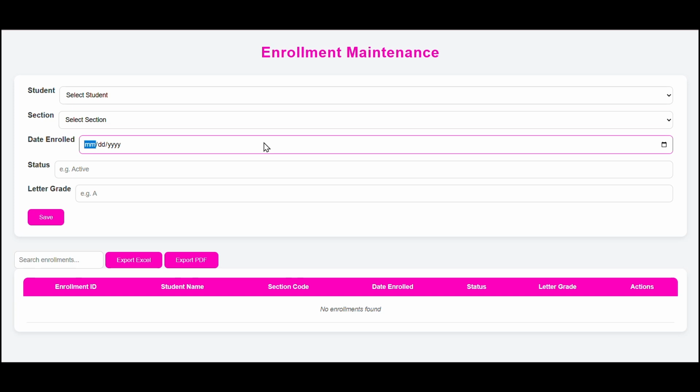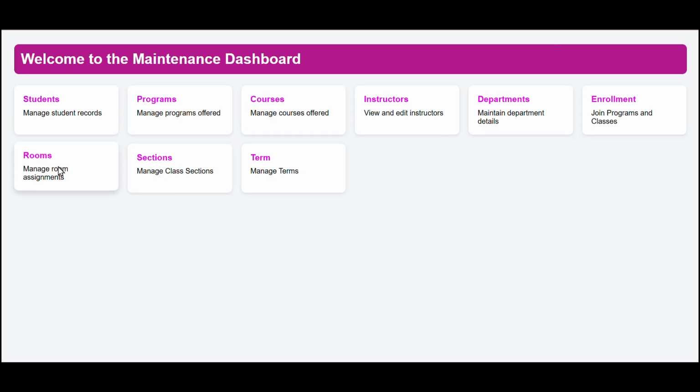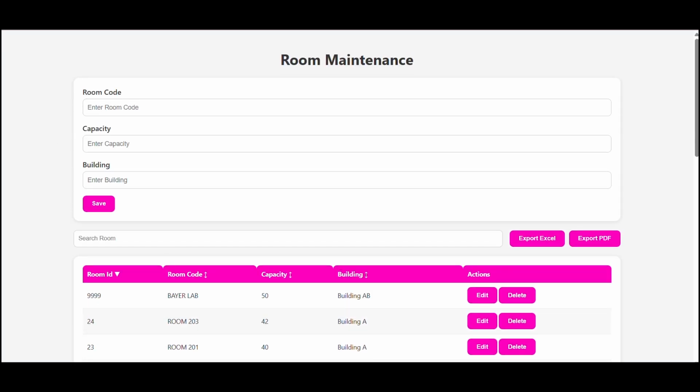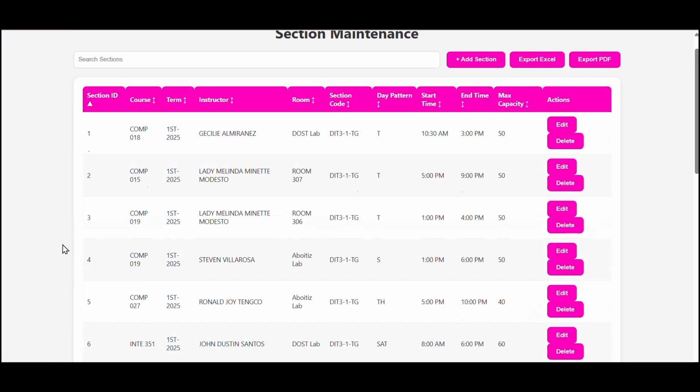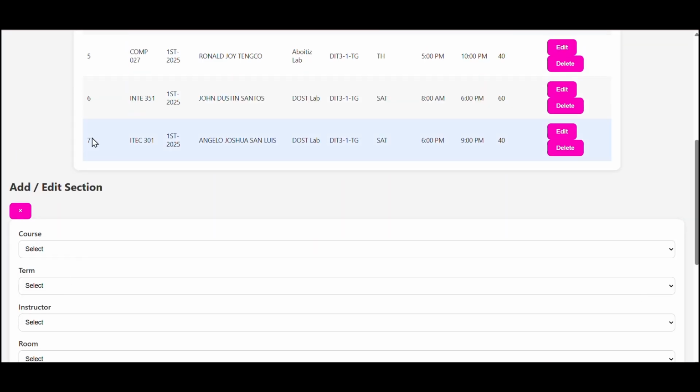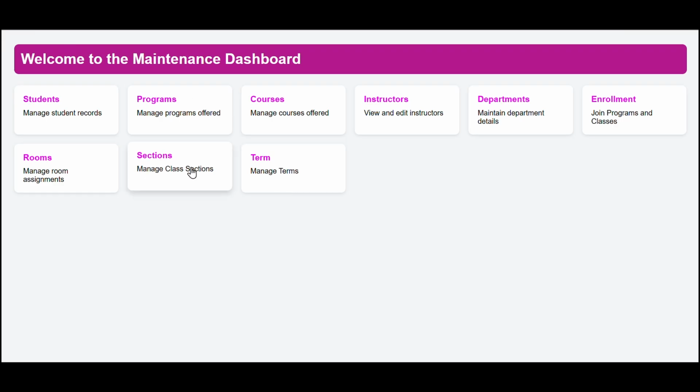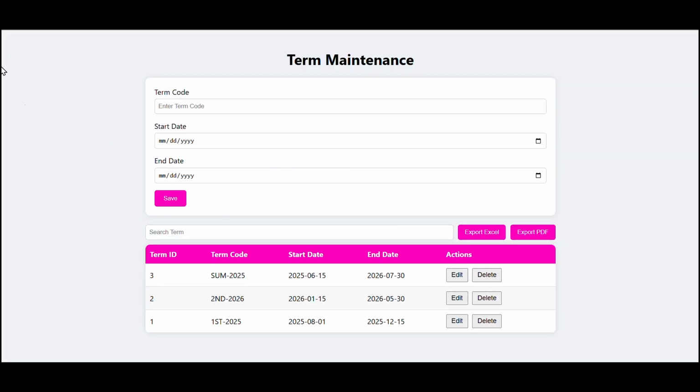Here you can add all of the buttons. For now, I haven't added one yet. The room maintenance, the section maintenance, and the term maintenance.